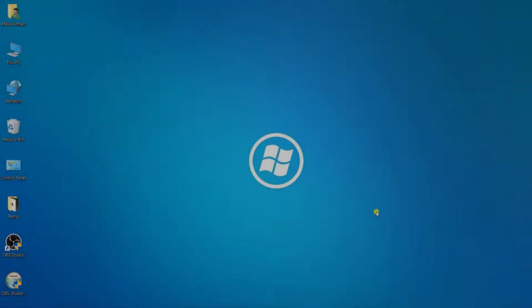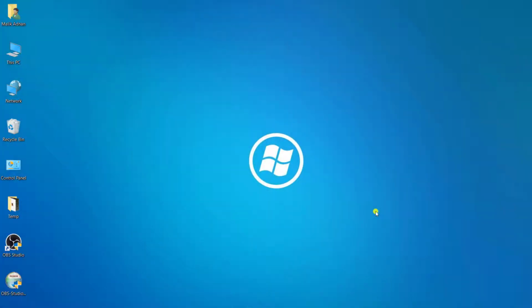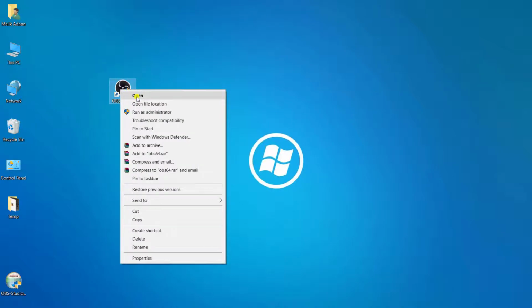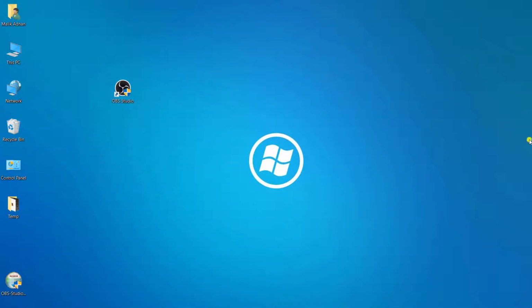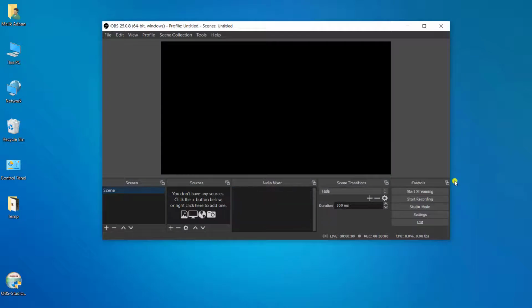Today I'm here with a new tutorial on fixing the black screen issue in OBS Studio, Open Broadcaster Software Studio. Before getting started, I am here with the backup file of the latest version of OBS. You can get it from Google, and with a simple process you can get this exe file. So let's get started by opening this file.